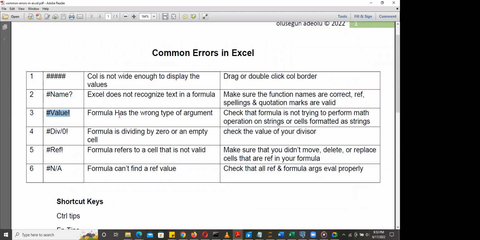So the next one is hashtag div/0 exclamation mark. That formula is dividing by 0 or an empty cell. It's like when you want to divide a particular cell, you are using 0 as your denominator. So it's going to trigger this kind of error. Then the fifth one is hashtag ref exclamation mark. Formula